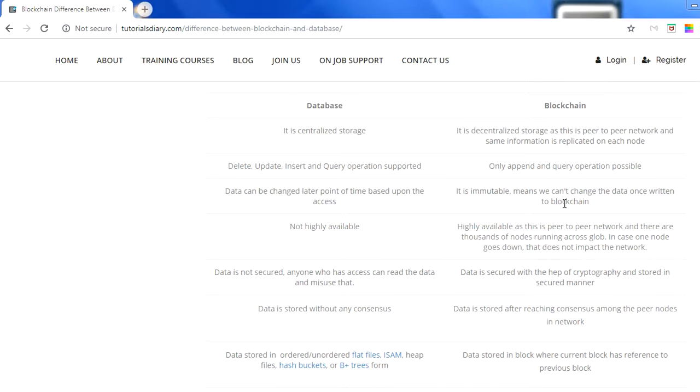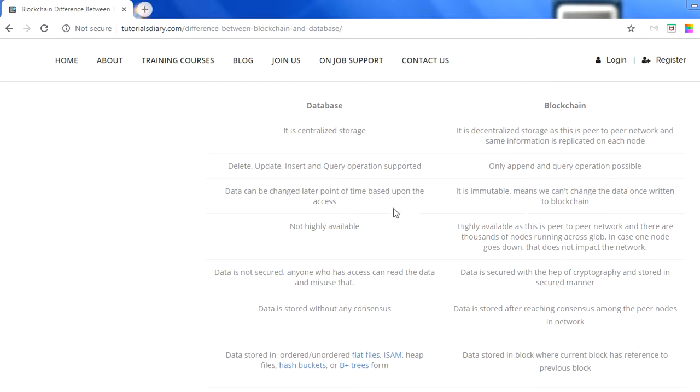But in blockchain, this is not feasible because, as I just mentioned in the second point, it is append only. Once you write data to a blockchain, you will not be able to change it. Change means delete or update. You will not be able to delete or update any information which is already written in the blockchain. This is one of the most prominent good features we have in a blockchain, which is making it the future. This is the reason blockchain will be used going forward for all kinds of day-to-day work which we have right now.